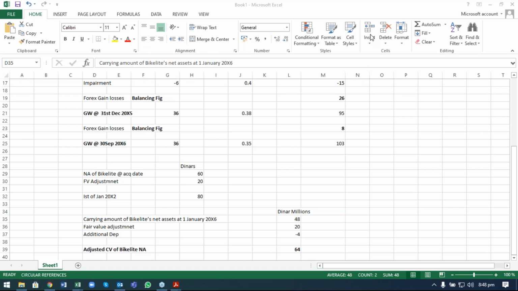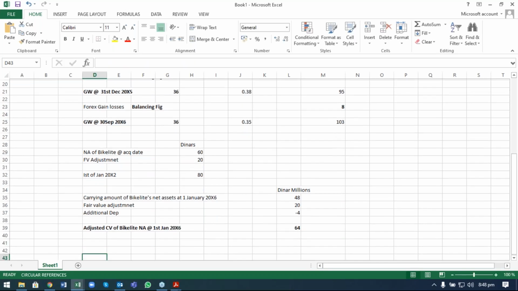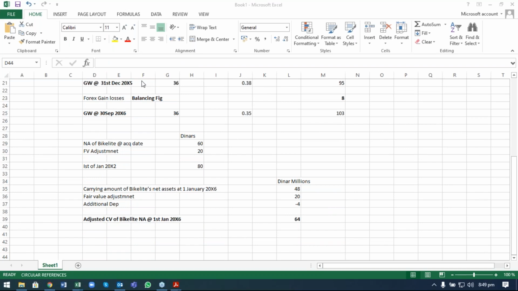Yes, this recording would be available. I hope this is clear. It's not for 4 years and 9 months, because we are not calculating for the 9 months right now. These are the adjusted carrying value of net assets at what date? It's 1st Jan 20x6. Is it clear? Now the next working you'll be looking into is